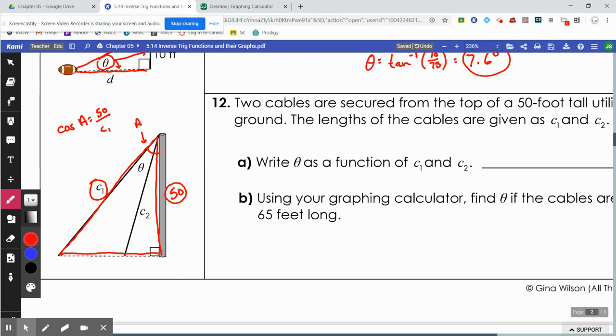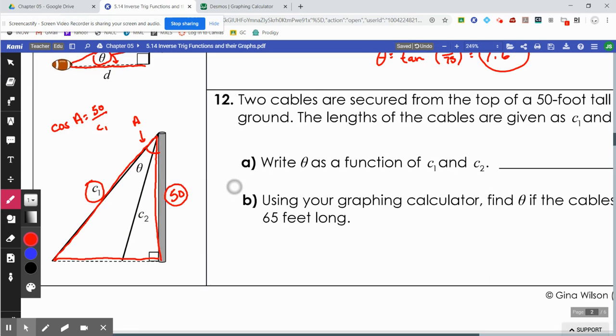Now I want to erase that. I'm going to leave my 50 because that telephone pole is still 50, but now I want to talk about a different angle, which I'm going to let be my angle B. I'm going to outline this triangle right here, and we're going to do the exact same thing. I know that the cosine of my angle B is going to equal adjacent over hypotenuse,